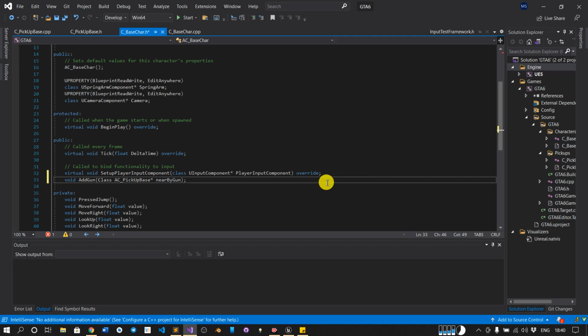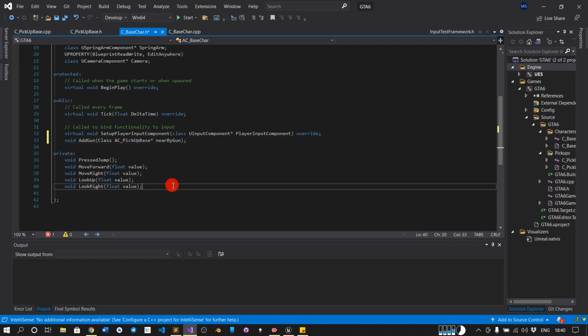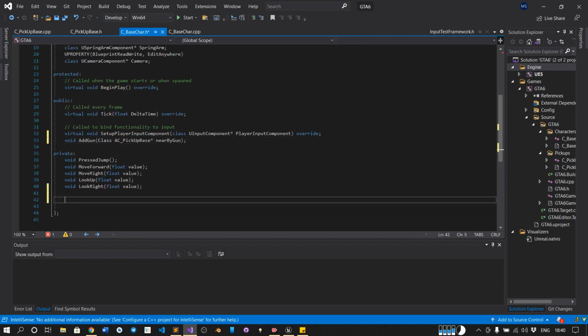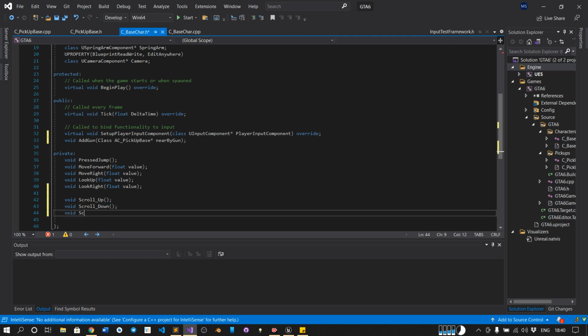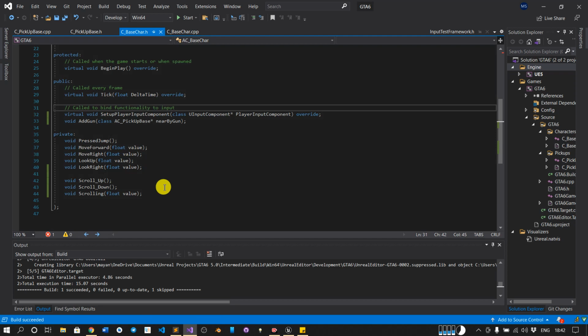So next thing we need is three functions for the scrolling. So void ScrollUp, void ScrollDown, void Scrolling, and here we want the float value. Perfect. Okay, so we have created these functions.